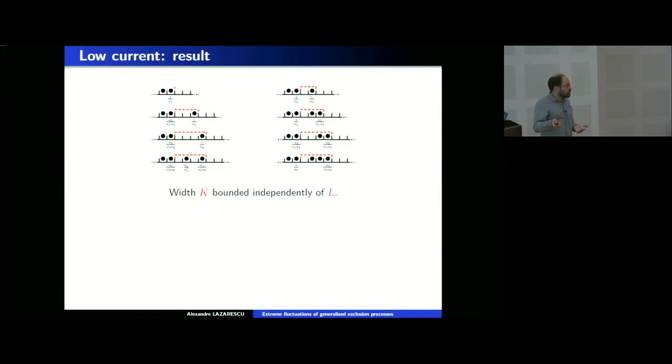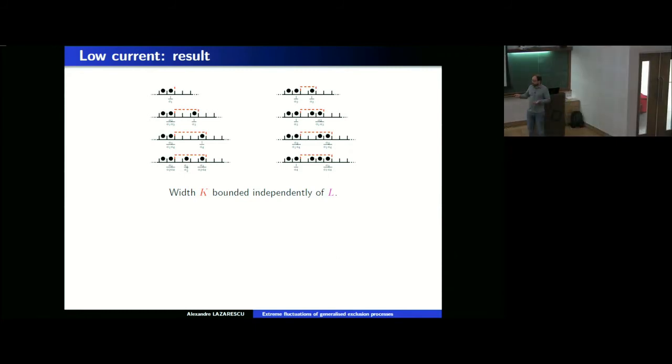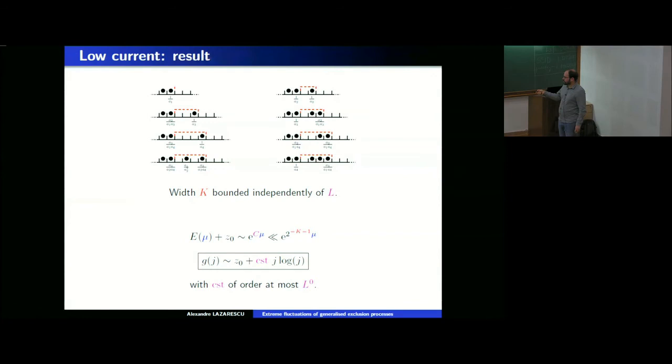This bound also means that the number of states that can be of that form is proportional to L, because this thing can be anywhere in the system, but the number of configurations inside is bounded by a constant. And all of this allows me to estimate the first correction around the constant of that largest eigenvalue, which has some exponential behavior with respect to mu with a constant c, and that constant is larger than 2 to the minus k minus 1, which is a constant. That, through a Legendre transform, means that my large deviation function has a first constant term, which is just the smallest escape rate,